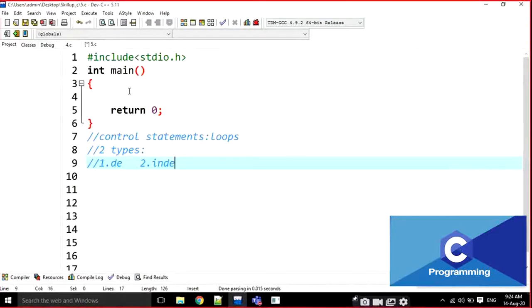Okay. Everyone knows that. What is the difference between while loop and do while loop? Anyone? In while loop, condition is first tested. In do while loop, condition is tested after the execution. That's it. Okay. The same question I am asking again. What is the difference between for loop and while loop?